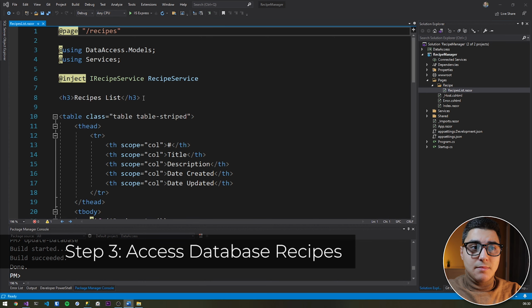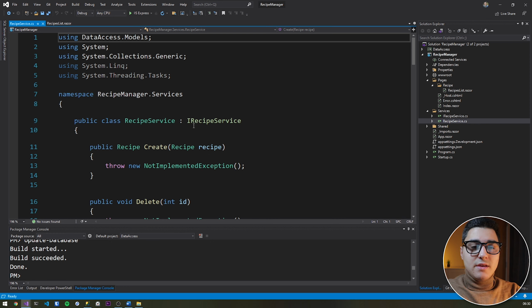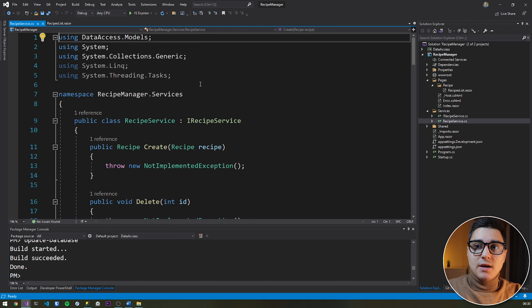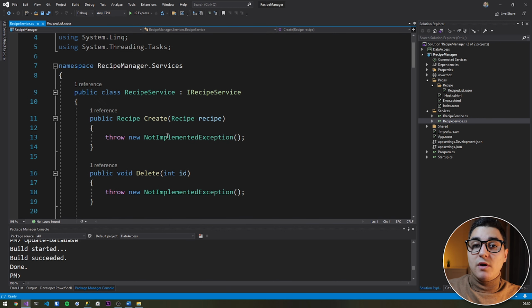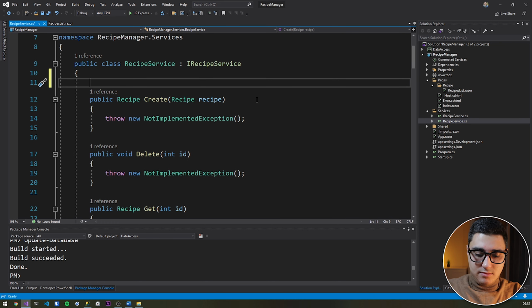Now, at this step, what we'll do is go in the services class and inject the application DB context that will help us access the recipes that we've just inserted in the database. So to do that, we open up the recipe service class, which is here, or if you haven't got the project, just create yourself a service and then go at the top of your service and type in private read-only